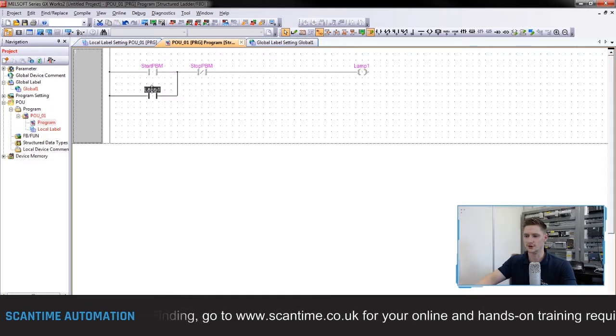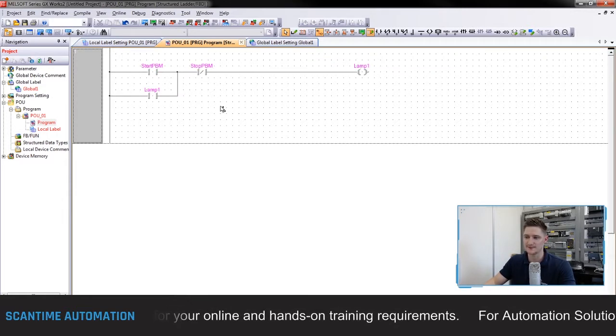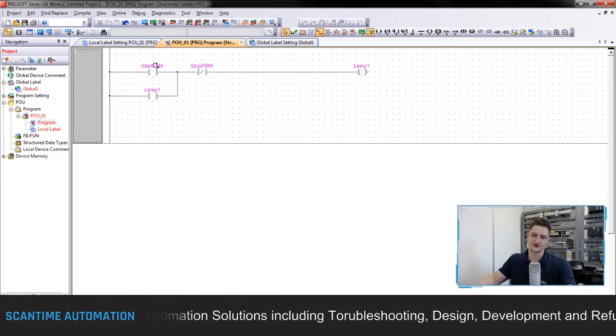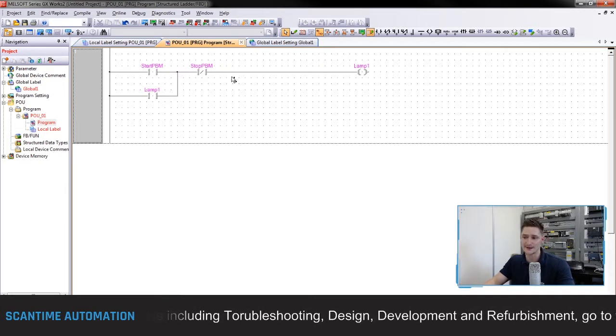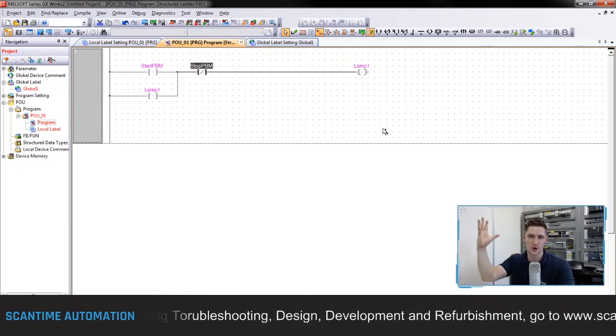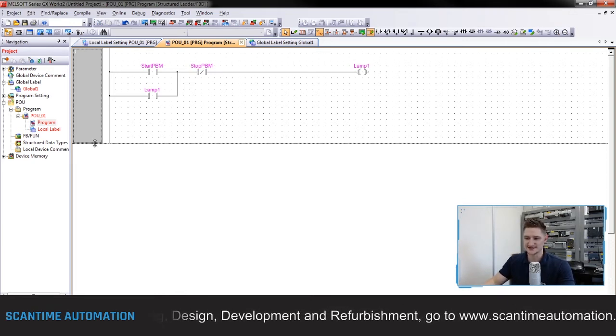Here, lamp 1. So everybody knows how to create a latch, or they should by now, the amount of times we've designed them in different sorts of programs. We have our start PB as a normally open contact, our stop PB as a normally closed, going to our lamp coil. When our start PB closes, current will flow to our lamp. The lamp contact will then energize, creating current flow across the start PB, meaning we can let go of the start PB and still have the lamp energized from itself. The only way to then reset the lamp is to trigger our stop PB, which opens the contact and resets the latch. Next, I'm just going to resize this network,